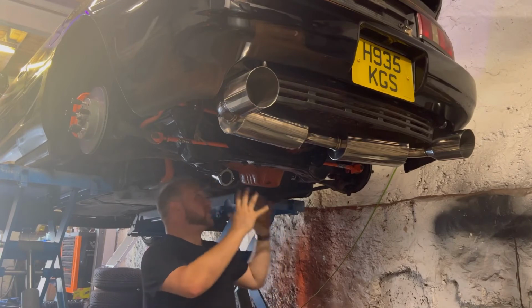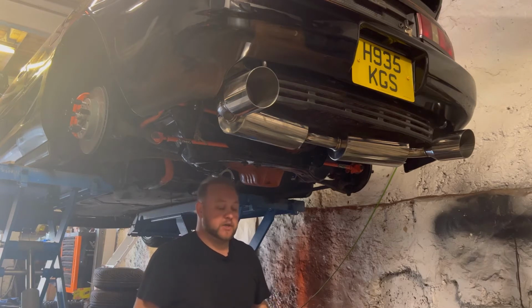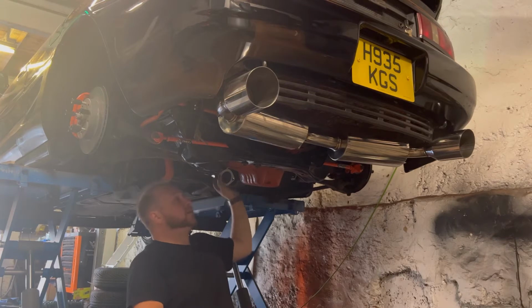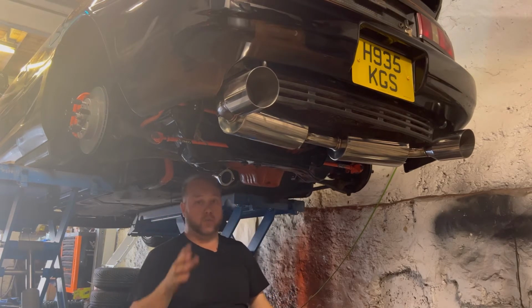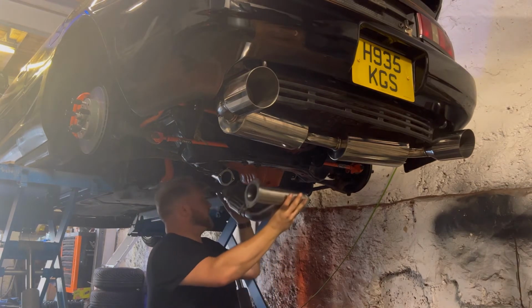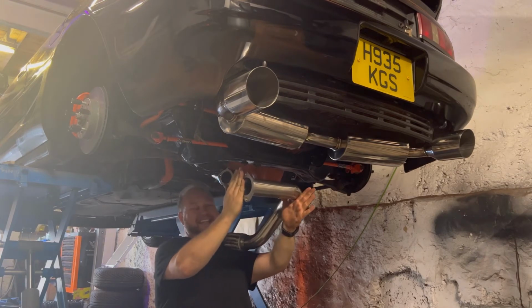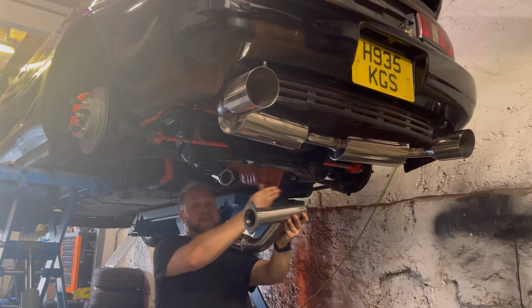Okay, so trying to get absolutely everything buttoned up under here, and unfortunately, whilst I've been installing this exhaust system, I've noticed a little bit of an issue. So this down pipe, or link pipe, which would have joined from the manifold here to my back box, is wrong. Well, actually, it's not wrong. What's going on is this would have been a decat pipe. So this comes along here. This section here is where any catalytic converters may have sat. Now this car is actually too old for a catalytic converter, so it would have just been a link pipe